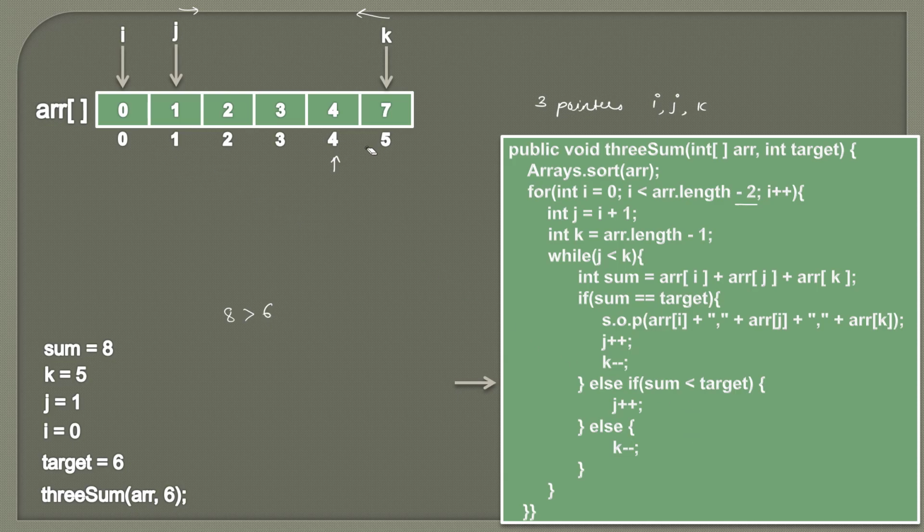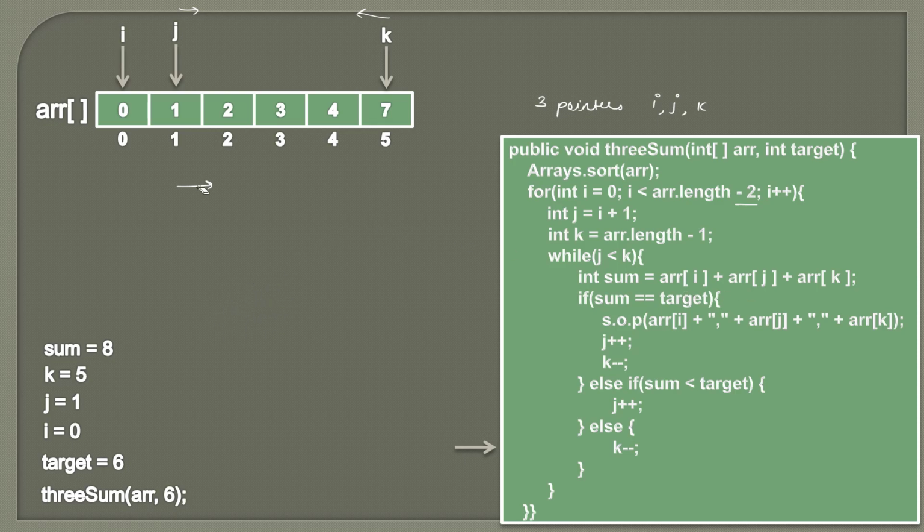Here, as the array is sorted, when sum is greater than the target, we move k in this direction so that in the next iteration the sum will become closer to 6, which is our target. And if sum is less than target, then we move j in this direction, because that will only increase the sum and then it will match our target. Currently sum is greater than target, so this condition also comes out to be false. So the only option we have, when sum is greater than target, is to move k in this direction, because in the next iteration it will help us in minimizing this sum.